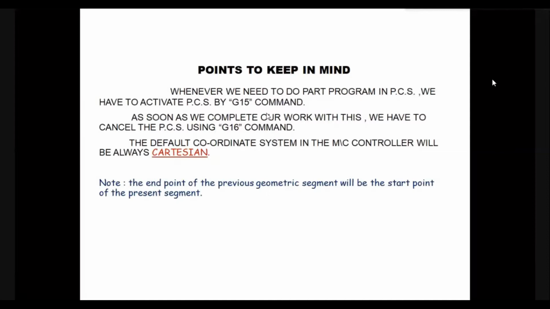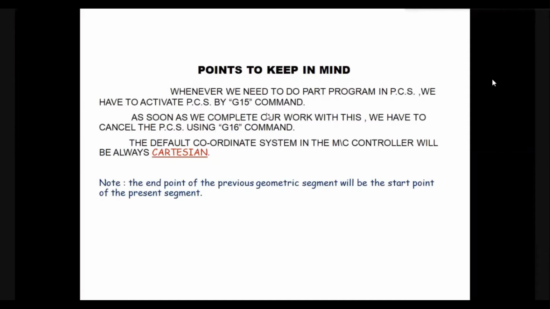But as soon as we finish working with this polar coordinate system, we have to cancel it using the G16 command. Otherwise, the polar coordinate system will remain in the memory, and if you switch off the machine and come the next day and start operating it, it will move in polar coordinates only,